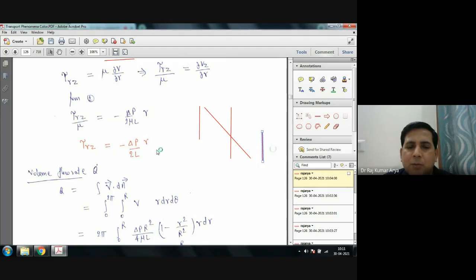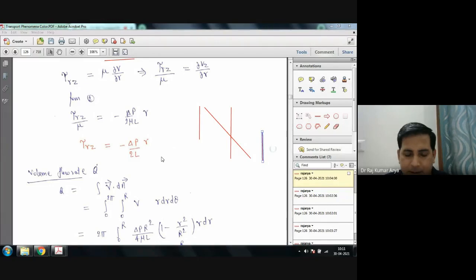That is the entire circumference on which this shear force would act. So you are multiplying by R here, and here you are putting 2 pi RL. The 2 and 2 get cancelled, R becomes R square, and L is also cancelled. What would your final expression be? Delta P into A,